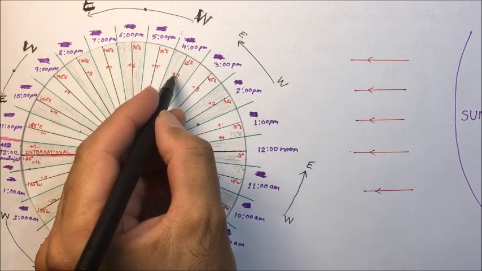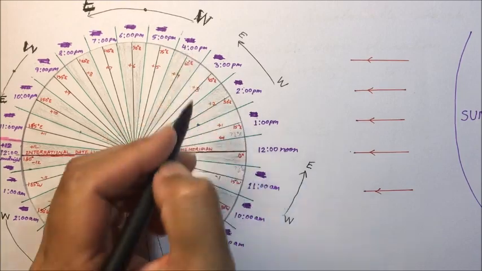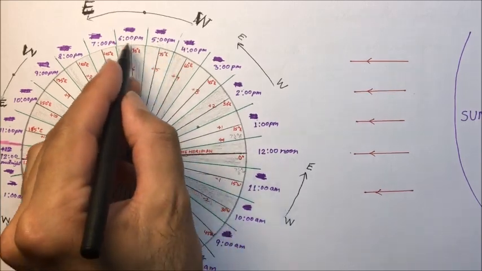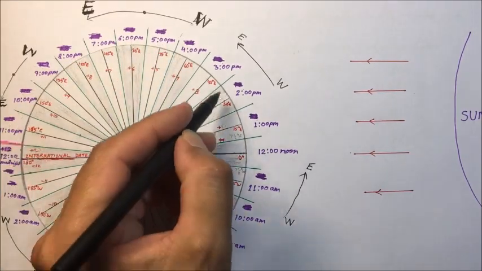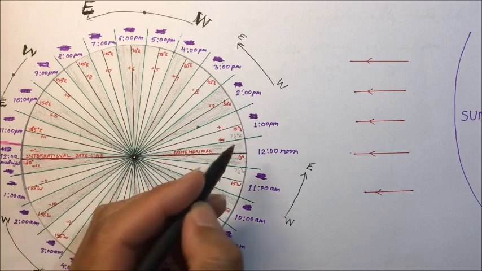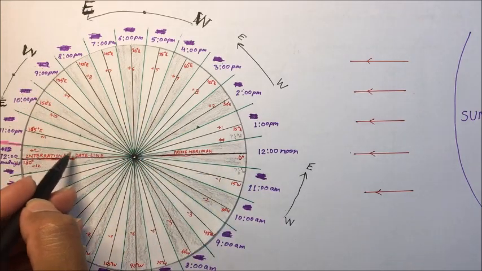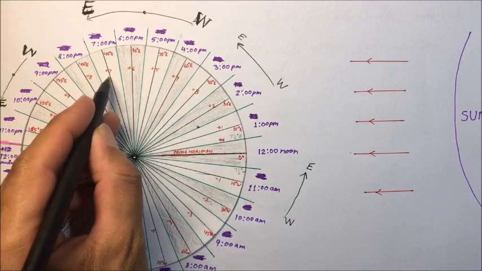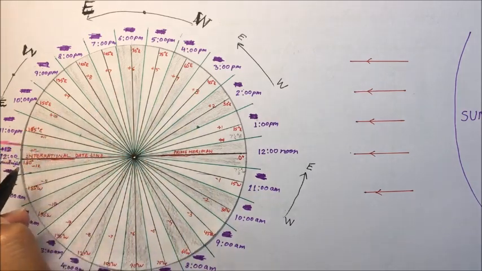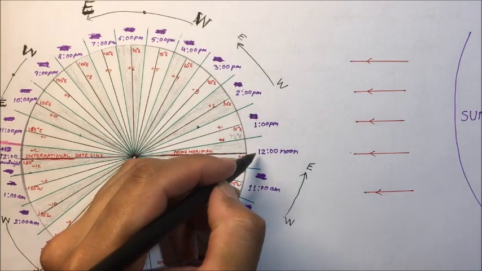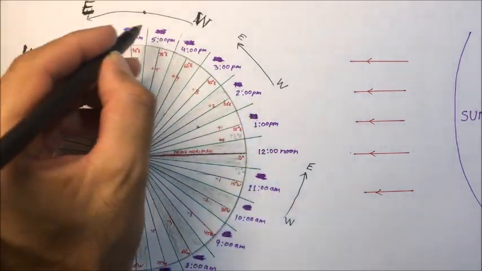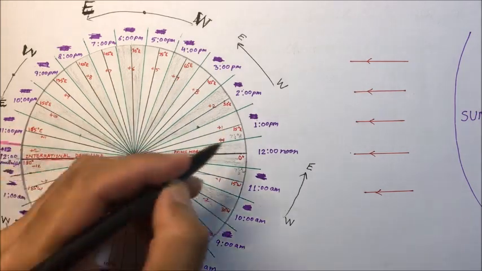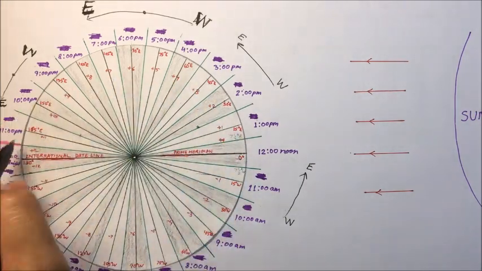Next zone, it will be plus 4, it will be 4 p.m. For the next zone, it will be 5 p.m. Similarly for all the zones. So each zone differs by 1 hour. As we reach this side, this zone will be plus 12. Plus 1, plus 2, plus 3, plus 4, plus 5, plus 6, plus 7, plus 8, plus 9, plus 10, plus 11, plus 12. So if 12 noon is there, at this point we are ahead by how many hours? 12 hours. We are ahead of the GMT by 12 hours.